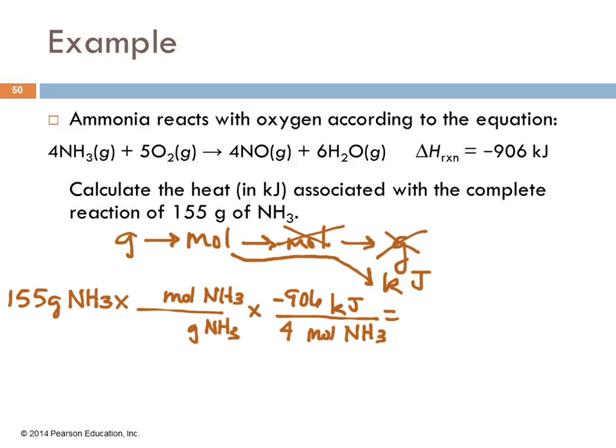A little tweak on things that we've done before. And this is our old friend, the molar mass. So nitrogen, 1 nitrogen plus 3 hydrogens, and that gives us 17.034. And then, I forgot my calculator again. 155 divided by 17.034 times negative 906 divided by 4 equals,